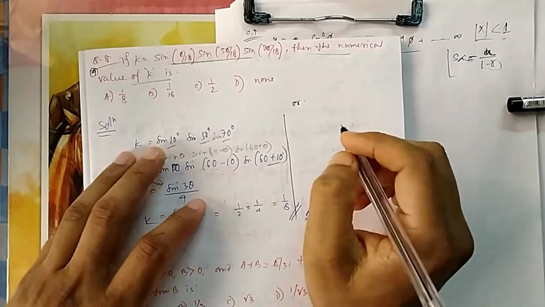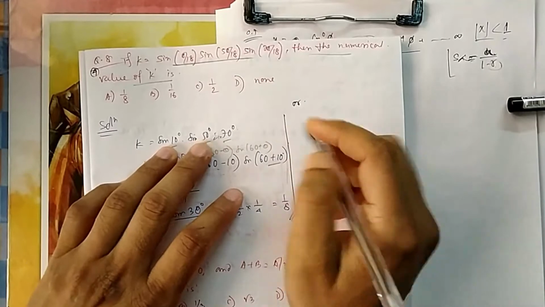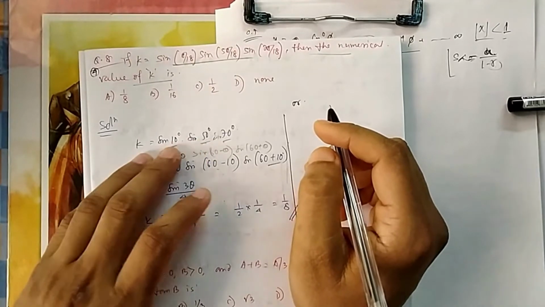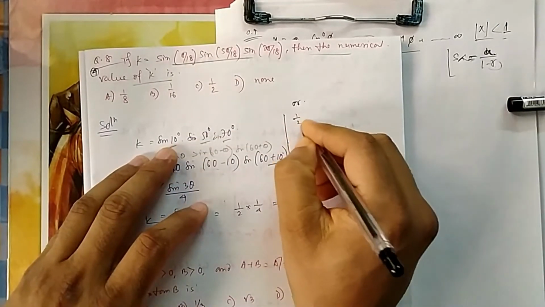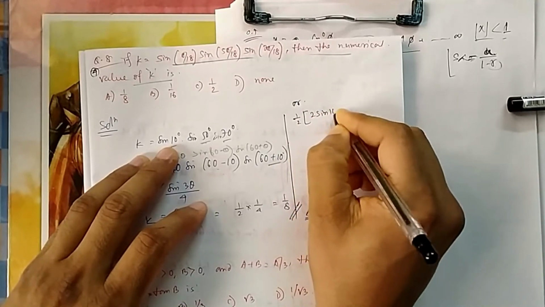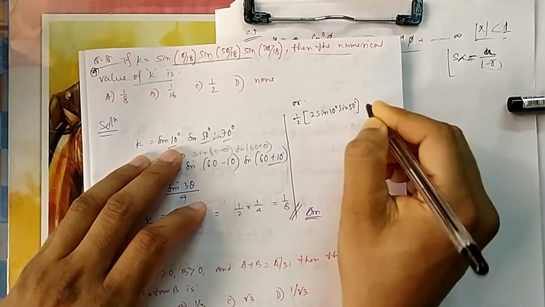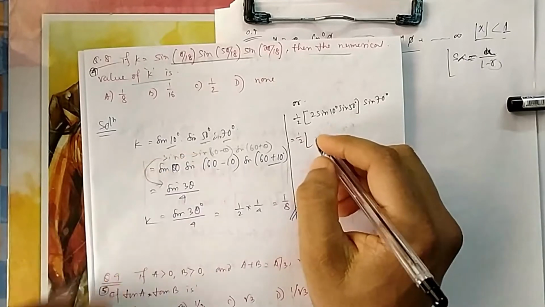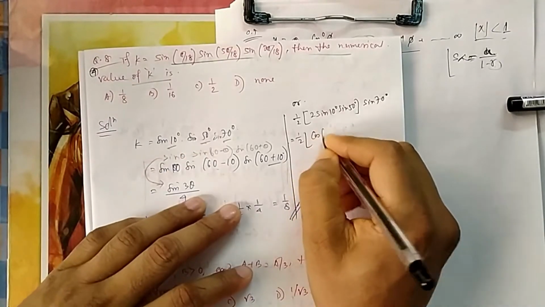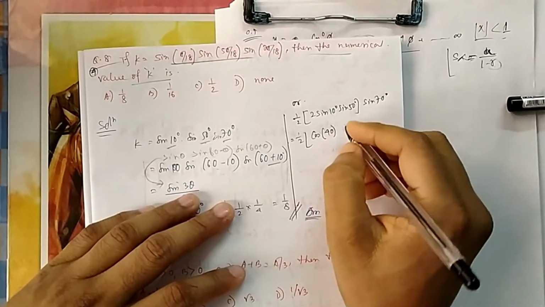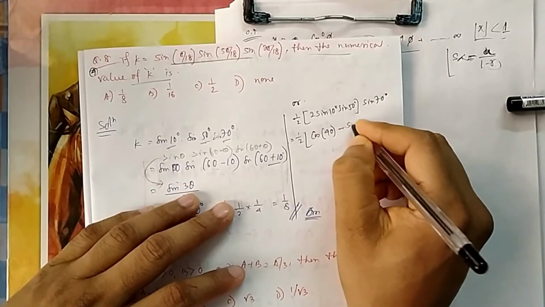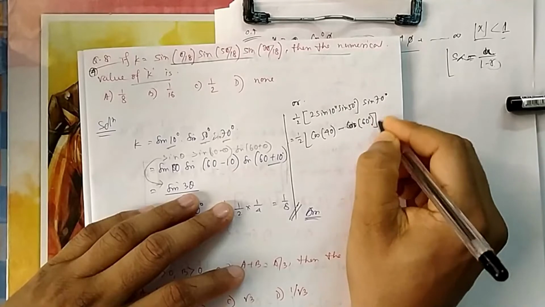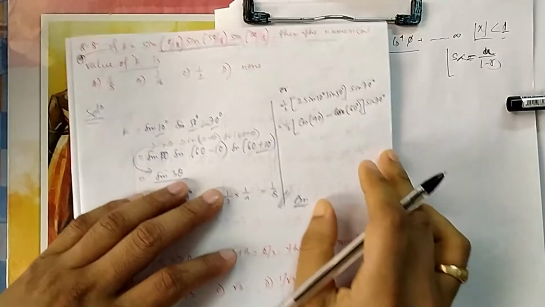What you can do is take these two sines, sin 50 and sin 10, and apply the 2 sin A sin B formula. Then you will find cos (A minus B) minus cos (A plus B), and cos 60 you know. So I will make it 2 sin 10 sin 50, and keep sin 70 alongside, with a half in front. 2 sin A sin B is equal to cos (A minus B) minus cos (A plus B). Here A plus B is 60. So you have to remember the 2 sin A sin B formula.